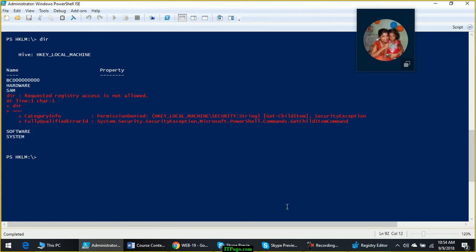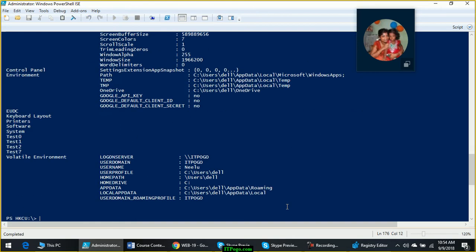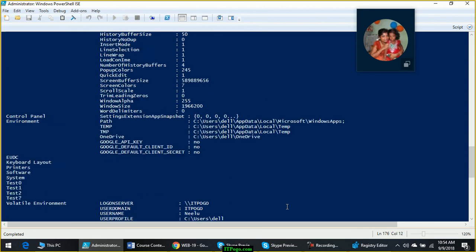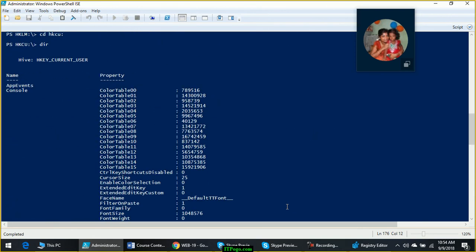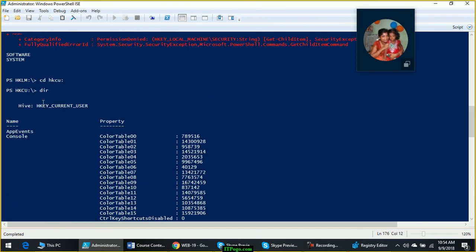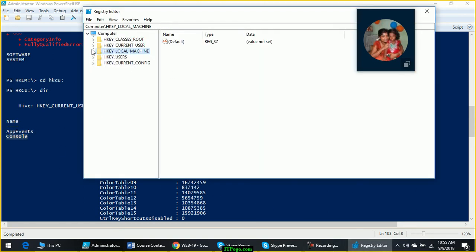Now if I want to browse HKCU, I can use cd HKCU colon. So when I give dir, it will show me all the items available under HKCU, their sub items like you can see here.